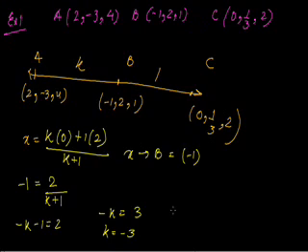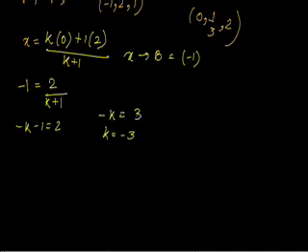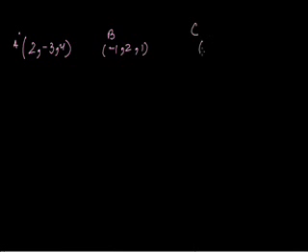Now let's see, when we substitute the value of k equals minus 3 in the other coordinates, that is the z coordinate or y coordinate, if it is satisfying it, then it is for sure that A, B, C are collinear. So when we do that, point A is 2 comma minus 3 comma 4, B is minus 1 comma 2 comma 1, and C is 0 comma 1 by 3 comma 2. K is equal to minus 3, and the ratio is k is to 1.